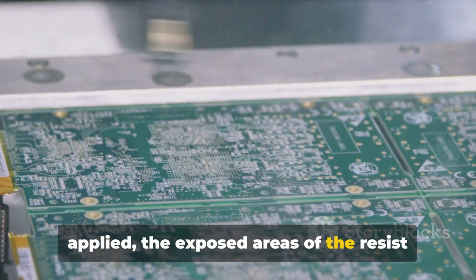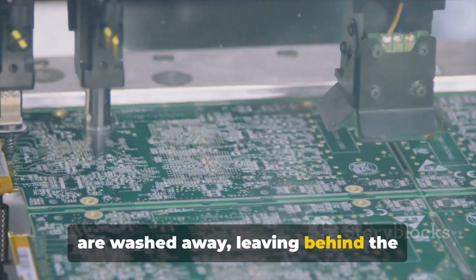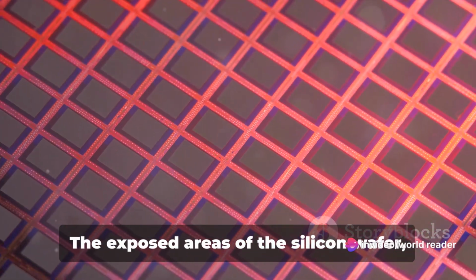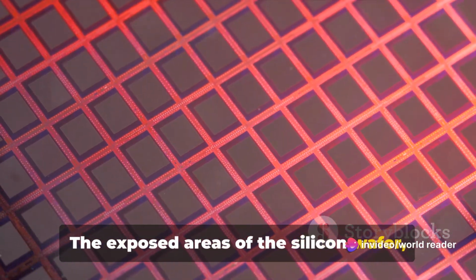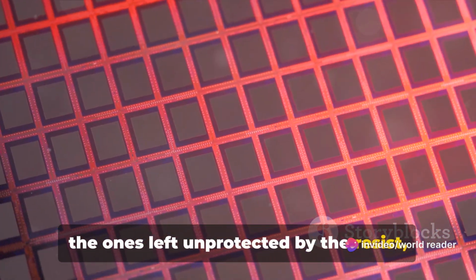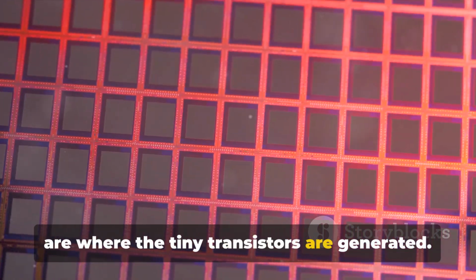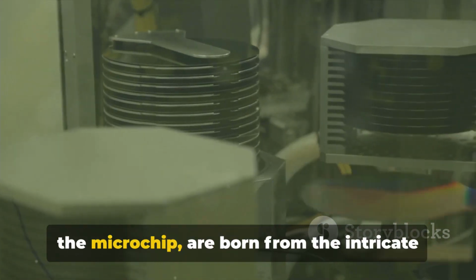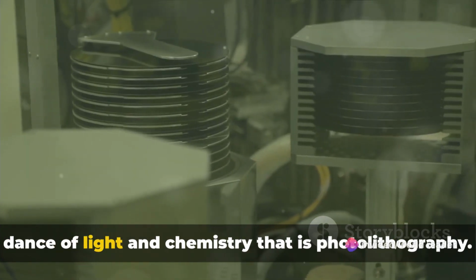After the developing solution has been applied, the exposed areas of the resist are washed away, leaving behind the circuit pattern on the wafer's surface. Now here's where the magic happens. The exposed areas of the silicon wafer, the ones left unprotected by the resist, are where the tiny transistors are generated. These transistors, the building blocks of the microchip, are born from the intricate dance of light and chemistry that